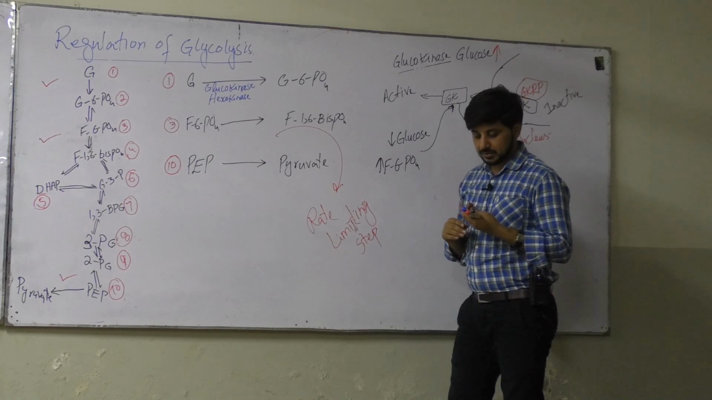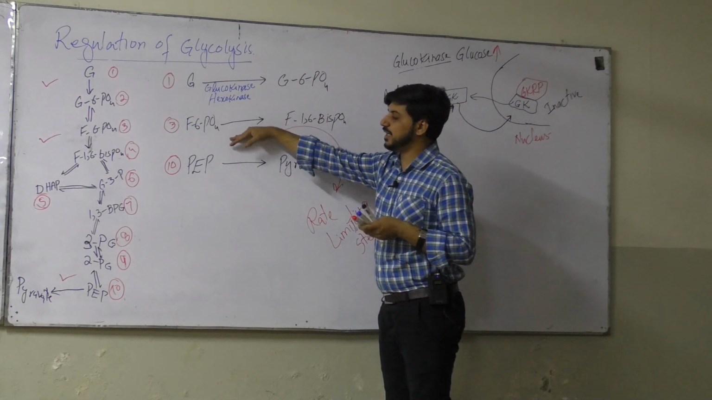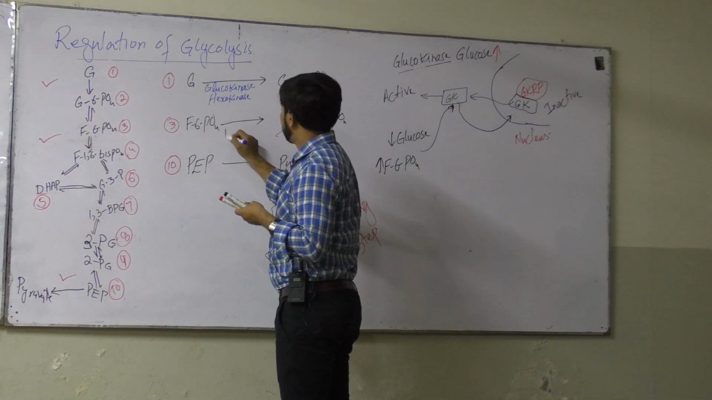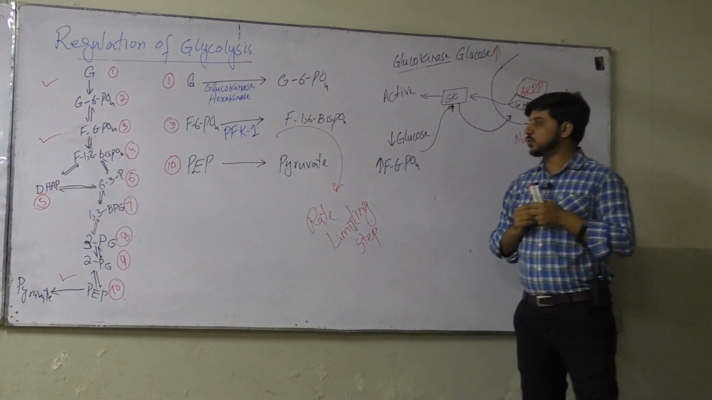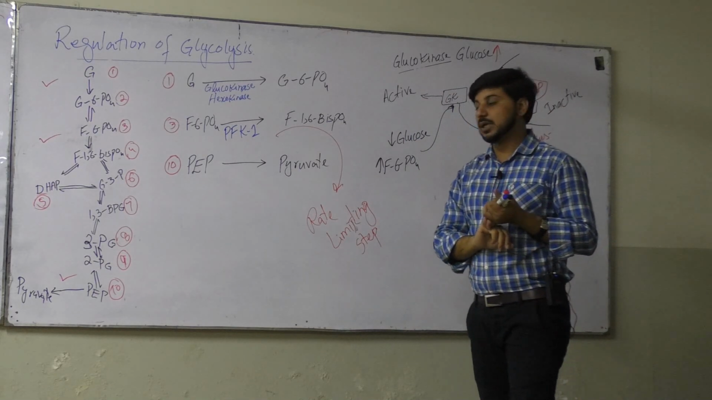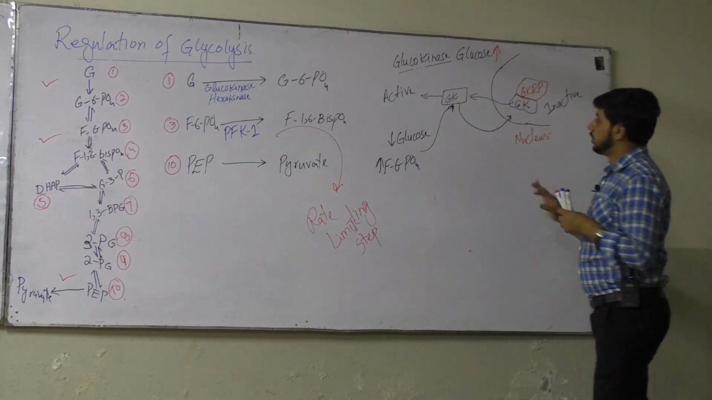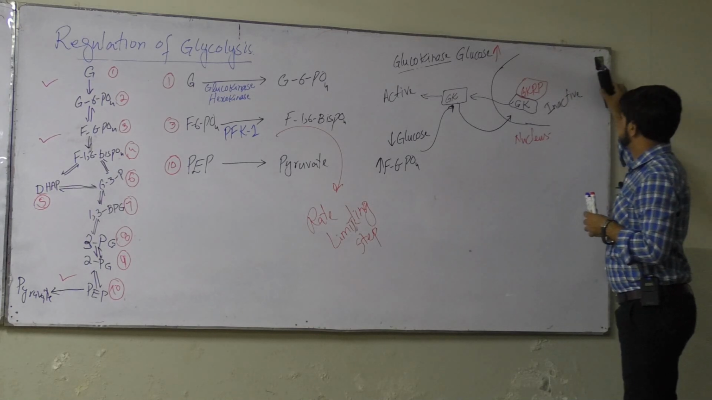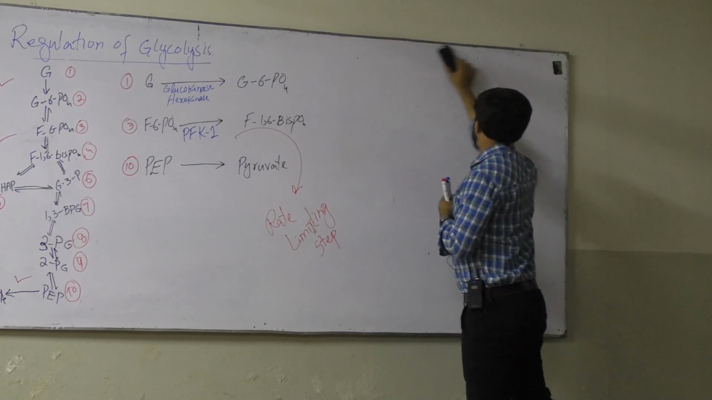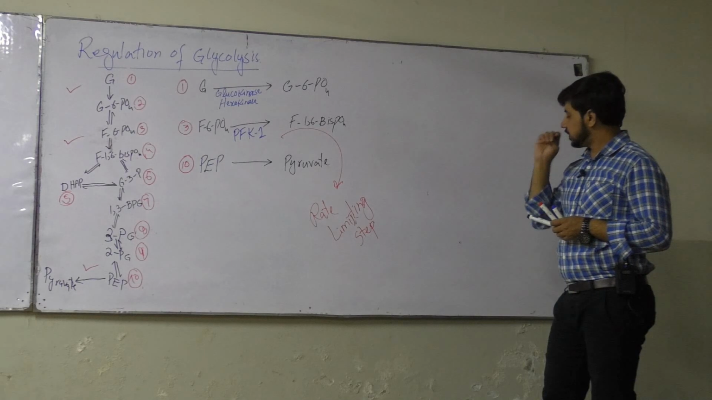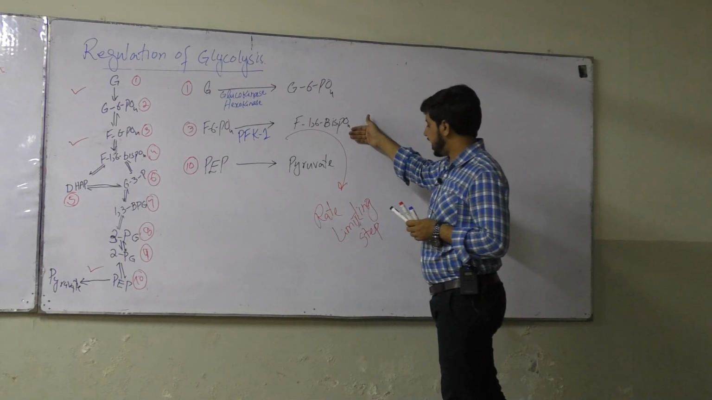Let me explain this. The regulatory enzyme involved in this chemical reaction is phosphofructokinase 1. This phosphofructokinase 1 can be regulated allosterically as well as hormonally. So let me explain it over here. This phosphofructokinase 1 is also a regulatory enzyme, and this chemical reaction is also named the rate limiting step